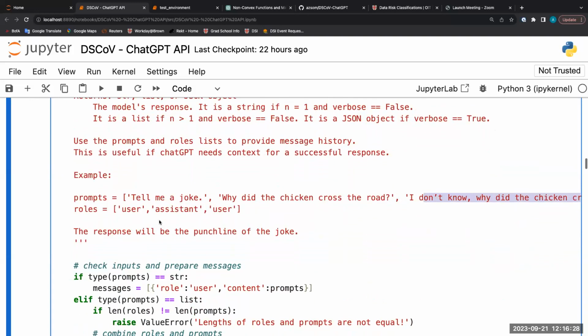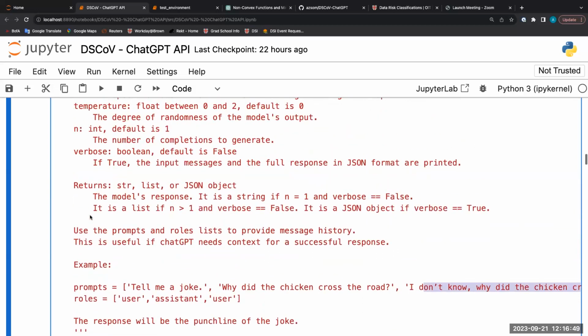This is what you submit. This is the prompts list and the roles list. If you submit that and query the ChatGPT API, ChatGPT will finish the punchline of it. I will show you that in 1 second. It's one of the examples I have further down in the notebook. So that's prompts and roles.